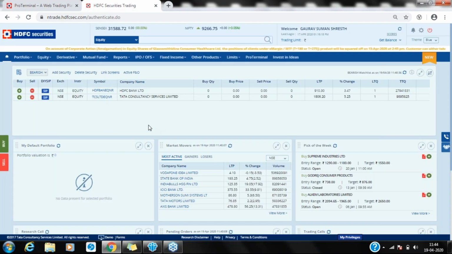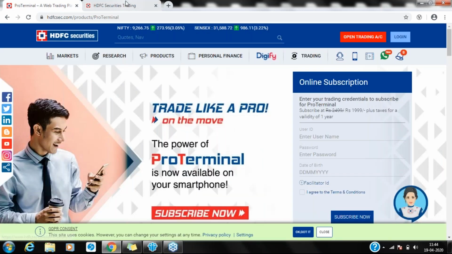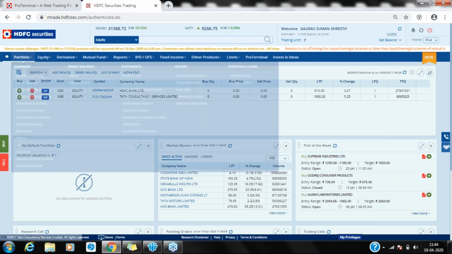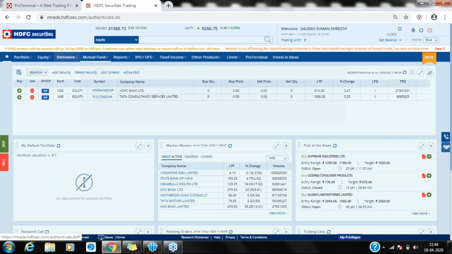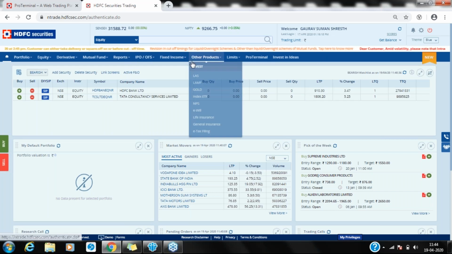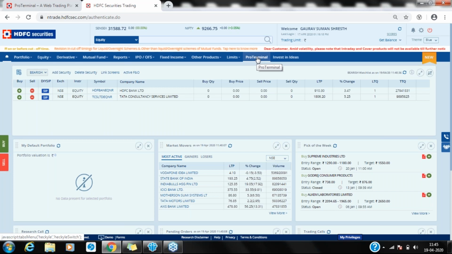Now after you've taken a subscription, you can just click on the login button and log in into our ITS site. After logging in, you have to click on the right hand side. You can see this is our normal watch list page of ITS, starting with portfolio, equity, derivative, and then mutual fund, report, IPO. And on the extreme right, you can see investing ideas, and then you can see the Pro Terminal. So only once you have taken an online subscription, you will get this particular icon. You have to click into this, and the Pro Terminal page will open up.